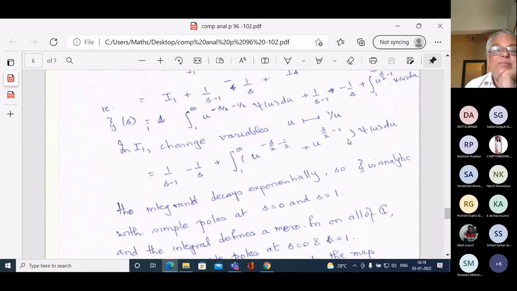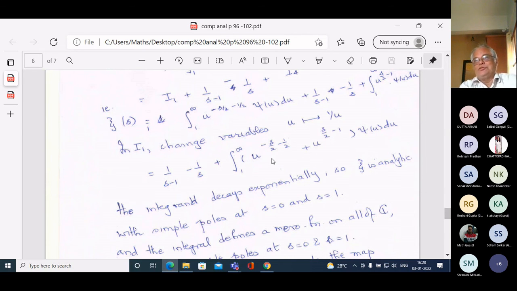And the right-hand side, when you change s to 1 minus s, this 1 over s will become 1 over 1 minus s. There's a minus sign. There's 1 over s minus 1. 1 over s minus 1 will become 1 over 1 minus s minus 1, which will be 1 over s, and there's a minus sign. Okay, look at this particular integrand. Change s to s minus 1. You will see that this term becomes this term, and the second term becomes the first term.